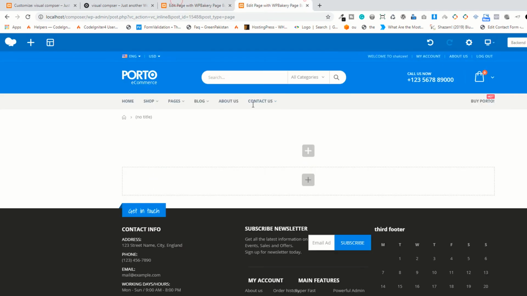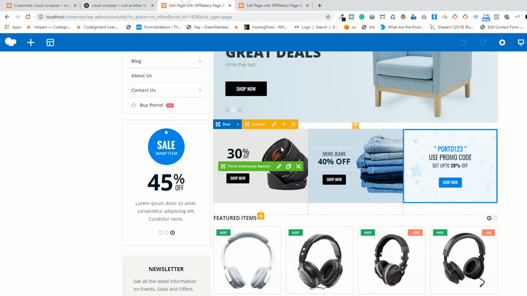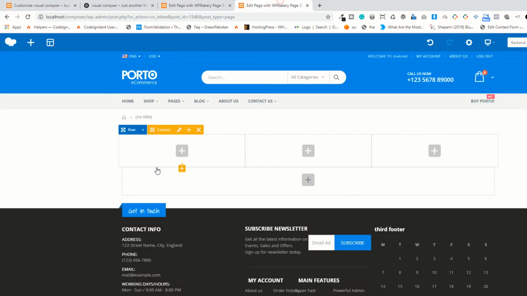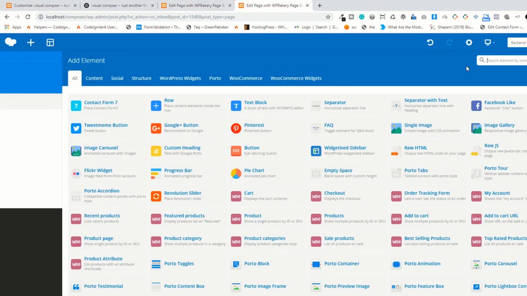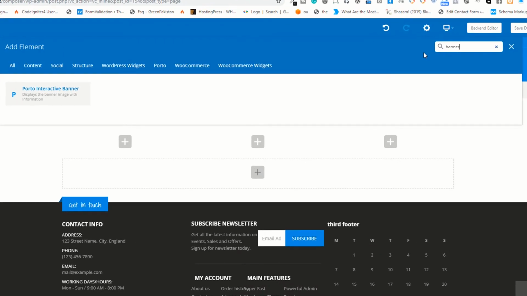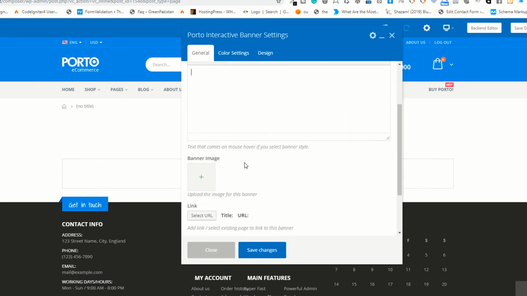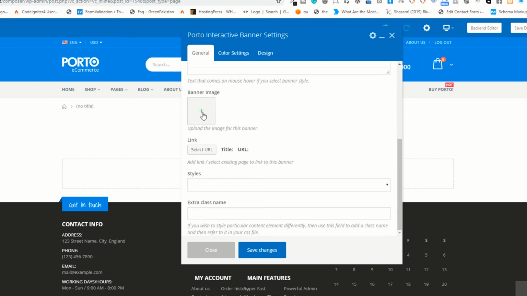You need 3 columns, so go to the row, check these settings, and now you have the photo interactive banner, so you have to use the photo or direct use banner. So select your banner here,